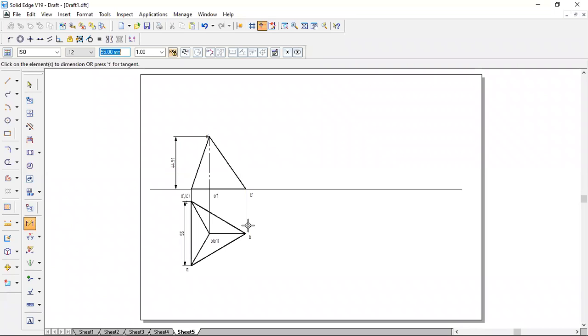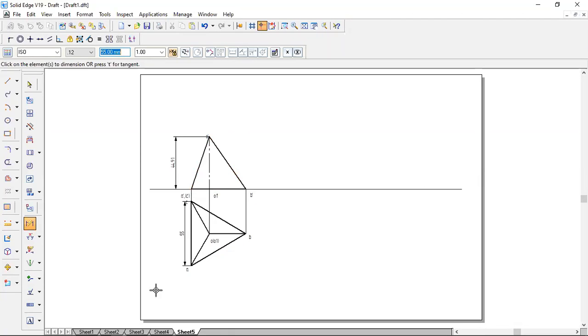How to find out this axis height is by keeping any slant edge parallel. You need to check first: is any slant edge of the tetrahedron parallel to the XY line or not? Here the OB slant edge is parallel to the XY line. So from that corner of the equilateral triangle, we need to project upward to meet the XY line. Then with that as the center, and the base side as the radius, cut the axis line, so that we'll get the axis height. This is how we need to proceed in the case of tetrahedron, right?